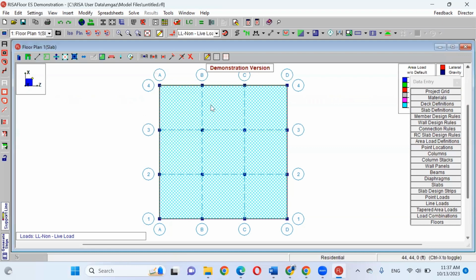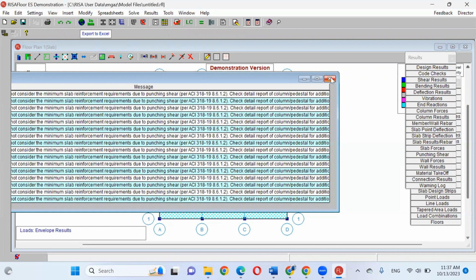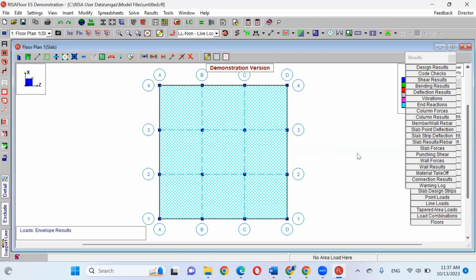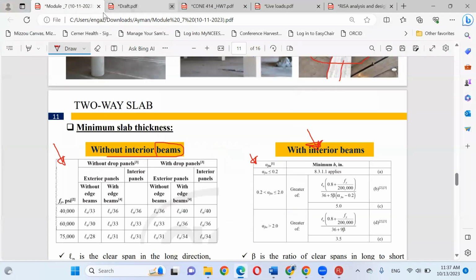We are ready to solve your slab. I can click this little icon, so RISA will start to solve. We are focusing today on the slab. I would like to design my slab.